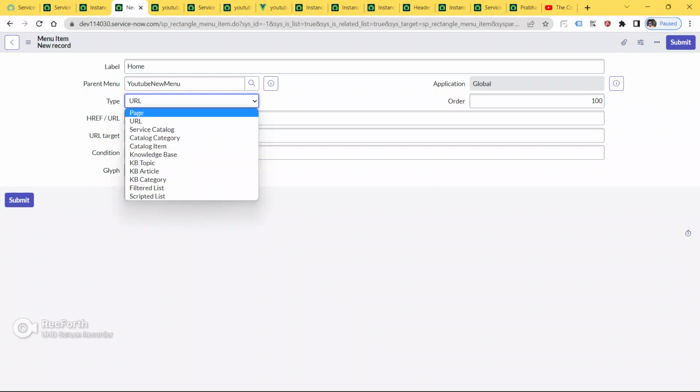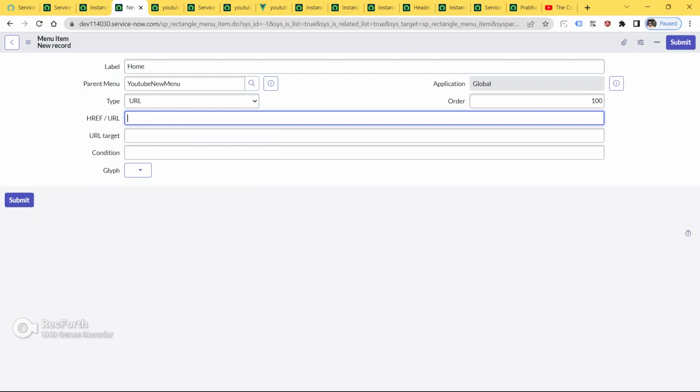I am going to give this a URL link. You can change the type from here: page, URL, service catalog, catalog category, catalog item, knowledge base, KB topic, KB article, KB category, filtered list and scripted list.